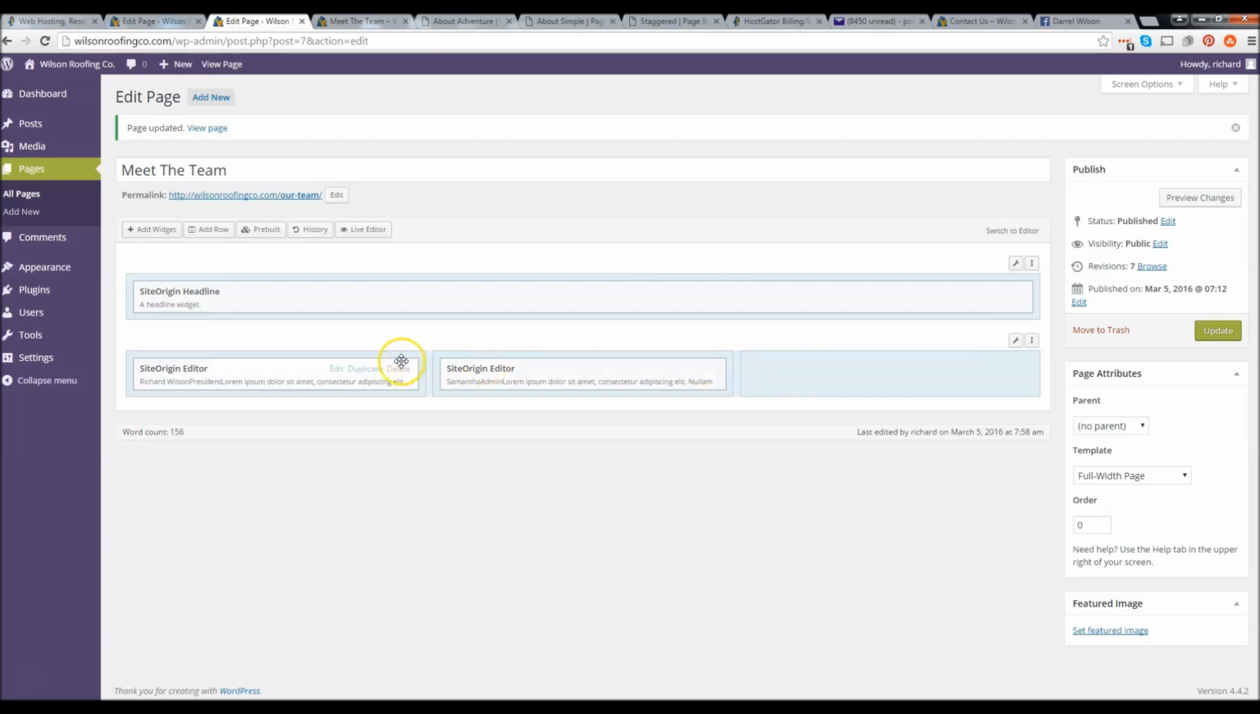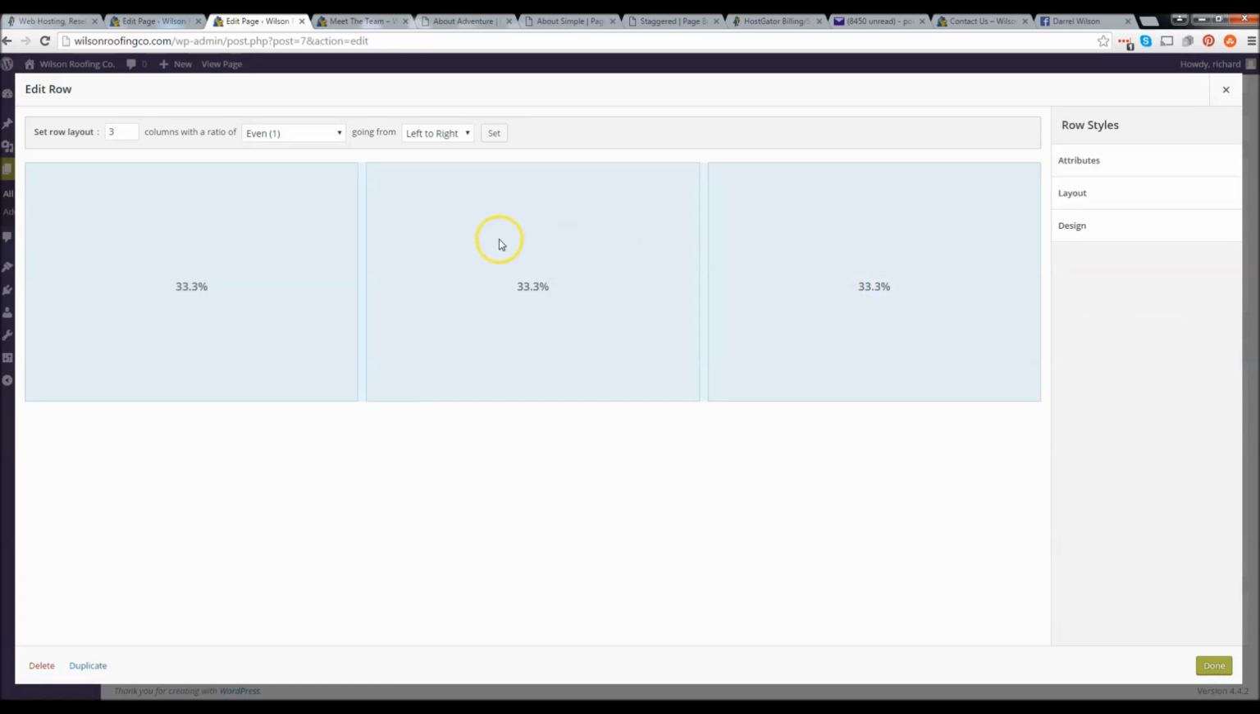Now I'm left with just three rows. It doesn't really look good. So I want to go ahead and change that. So to do that, go ahead and click on this right here and click on Edit Row. Now I'm left with this right here,